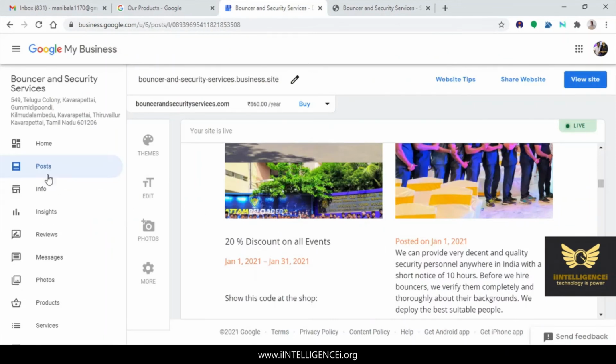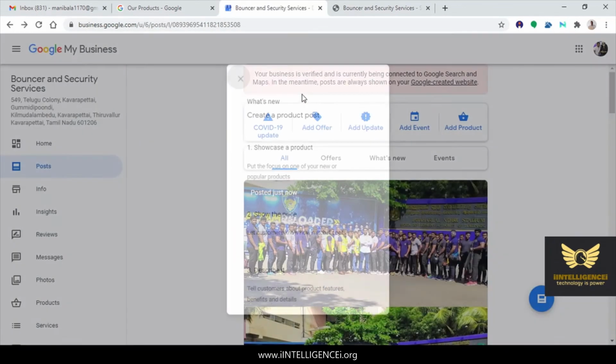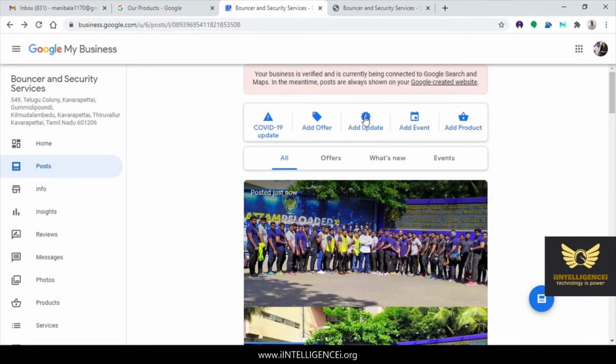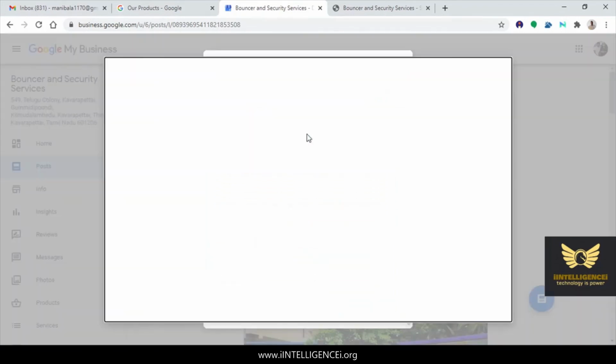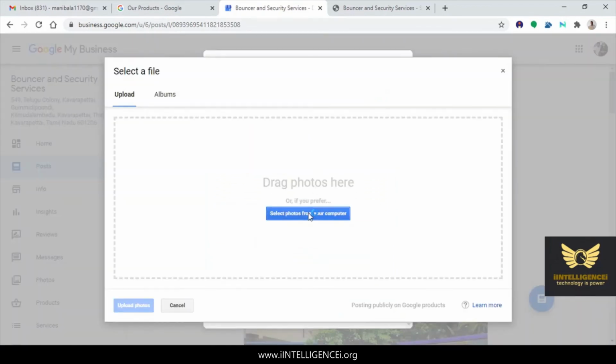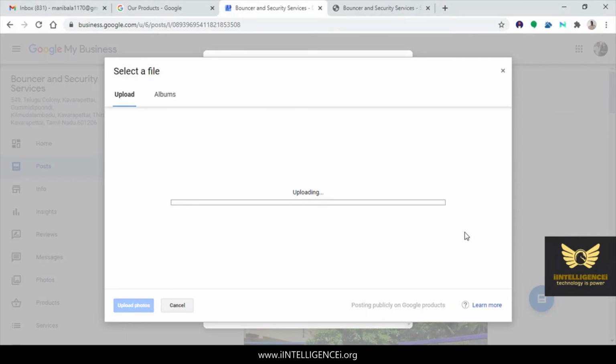Just go to post, just close it, add update, add photo, select photos, select it.